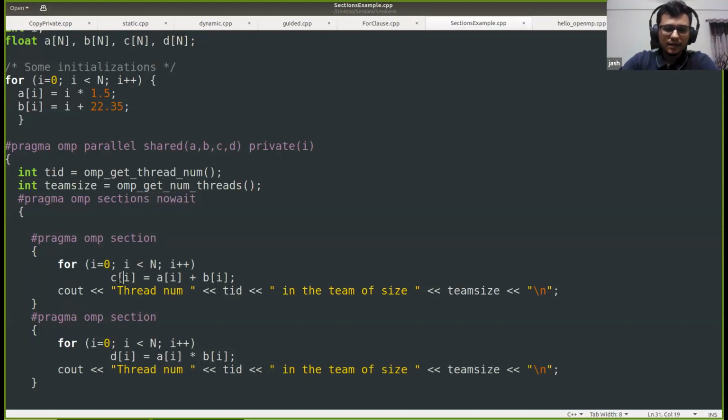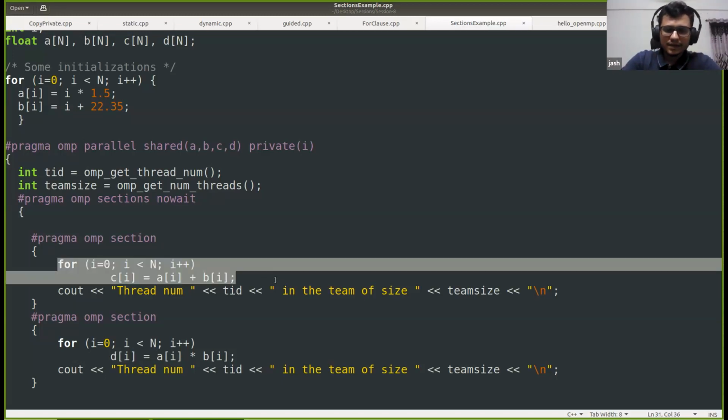Here we are adding 2 vectors, or 2 arrays in this case, and assigning the result to C, which is our third array. In the second section, we are multiplying 2 vectors, multiplying each and every element of vector A and vector B and assigning it to T. This is how we have divided the work among 2 different sections.